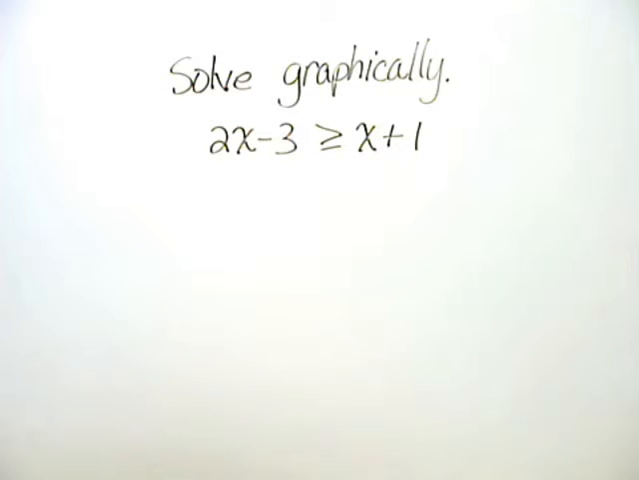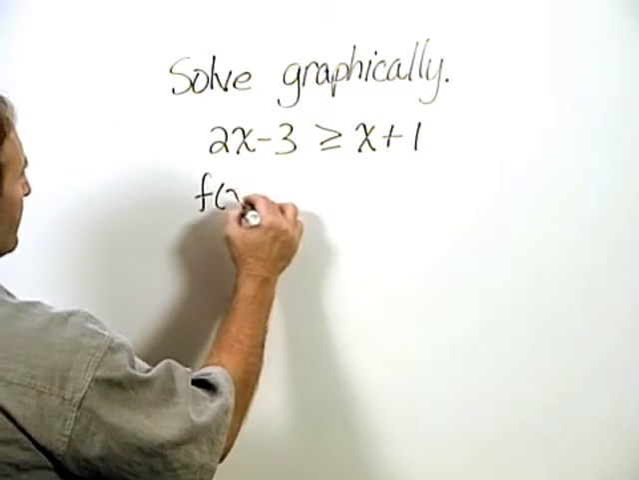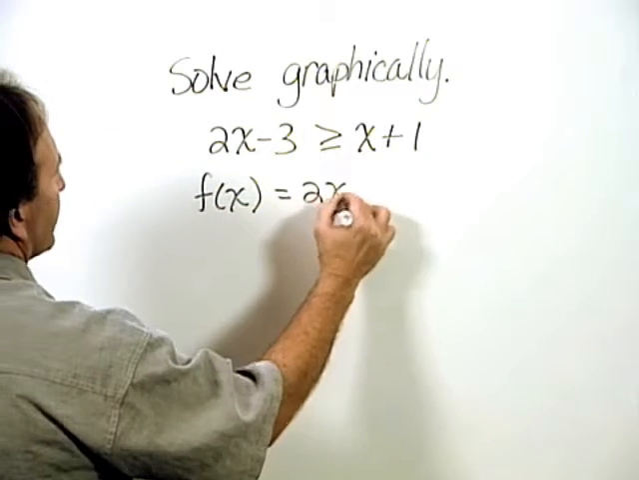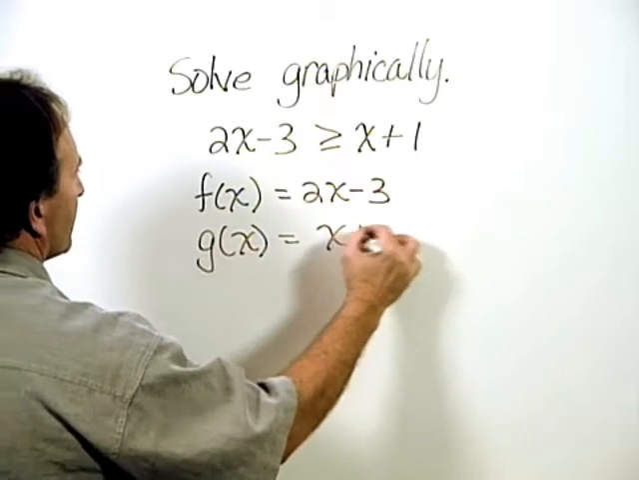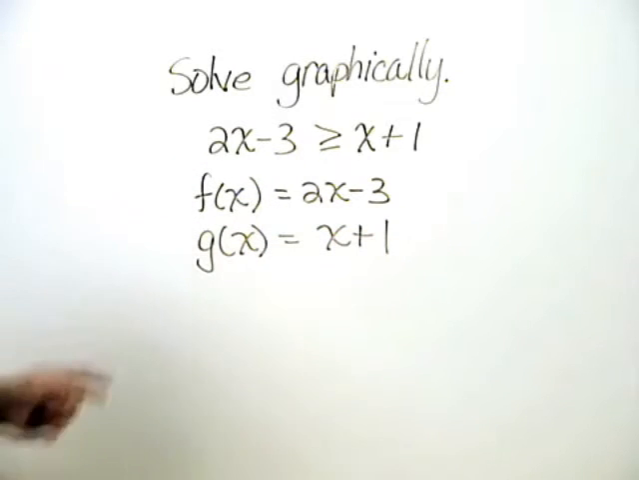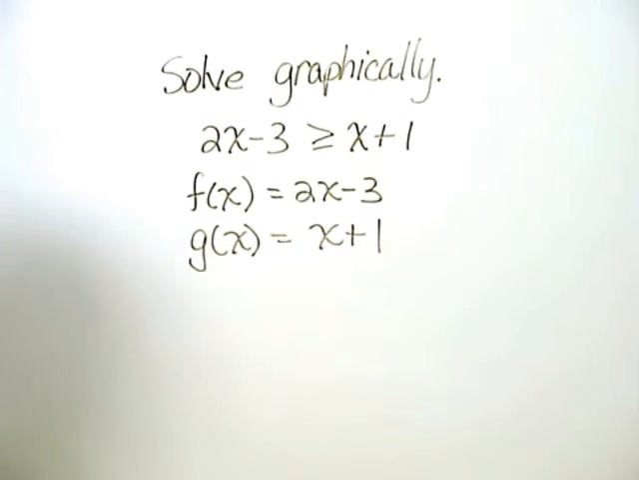Solve graphically. 2x minus 3 is greater than or equal to x plus 1. So we begin by letting f of x equal 2x minus 3 and g of x equal x plus 1. We have two linear functions here, which are straight lines, and so we'll graph both of those on the same